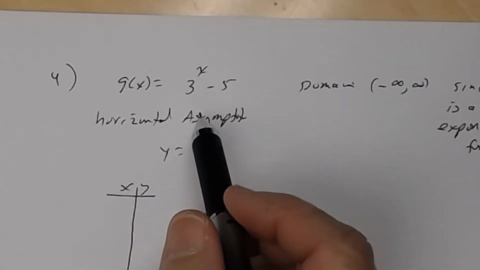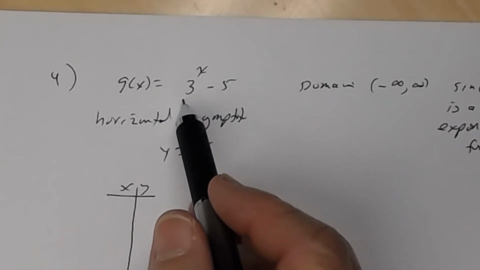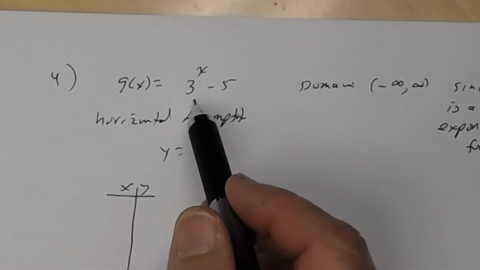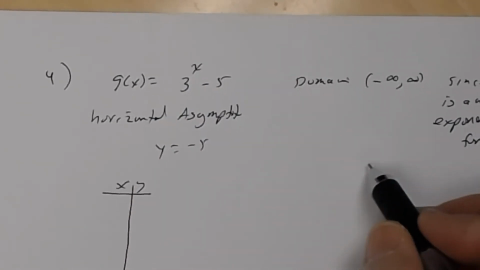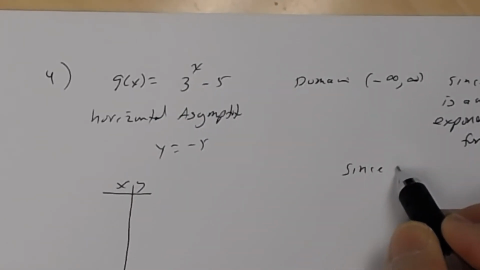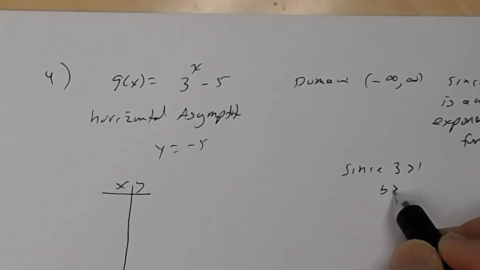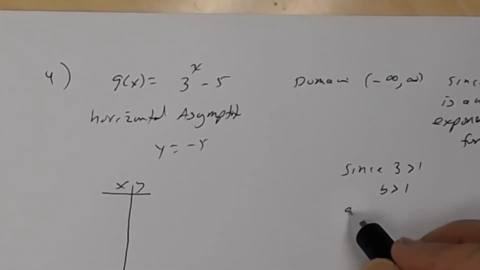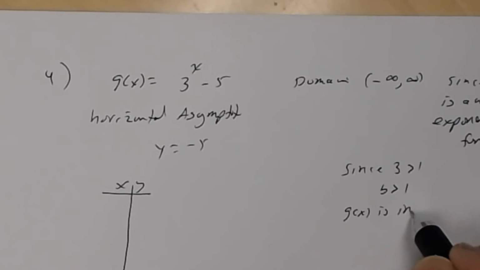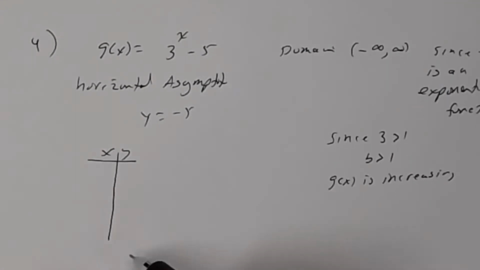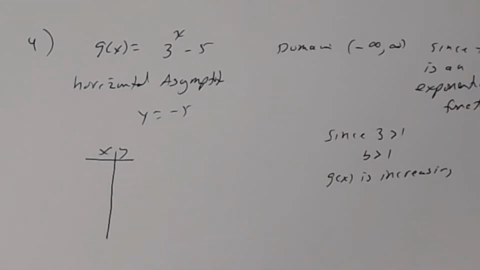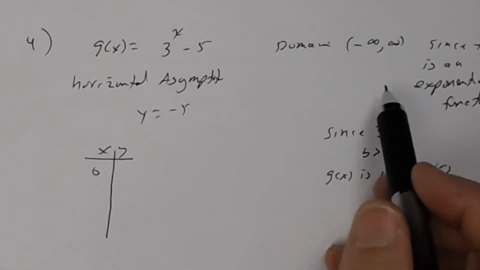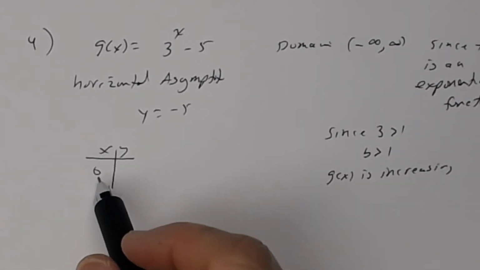You could actually tell me right away if this exponential function is increasing or decreasing. Since 3 is greater than 1, since the base is greater than 1, g of x is increasing. So it's always increasing. It's always gonna look like this. Okay. All right. If x is 0, remember since the domain is all real numbers, I'm going to find the